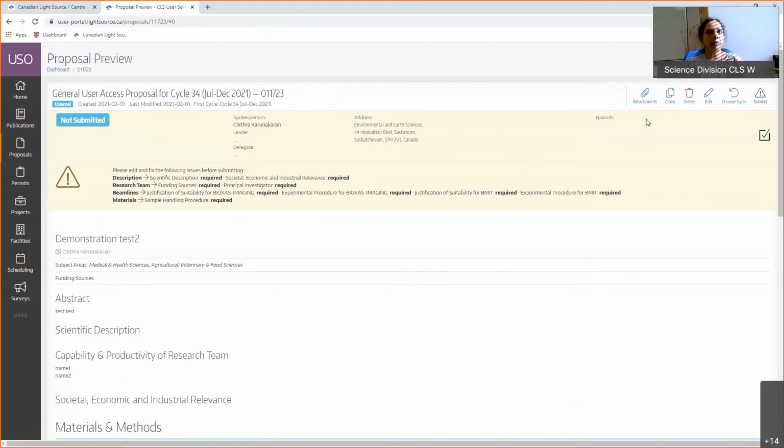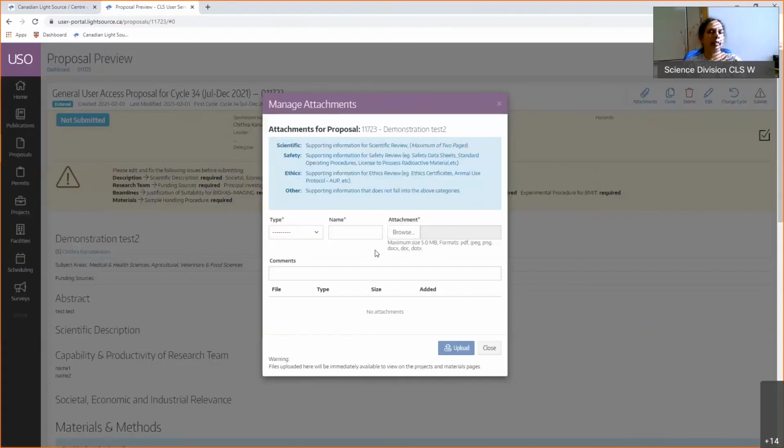And remember, I told you about the one-page attachment, that is also only visible in the preview mode. So if you have a one-page Word document or PDF or a picture, you can go here, click attachment, type. If it is for a particular category, you can choose it, or if you're not sure, you can put scientific.